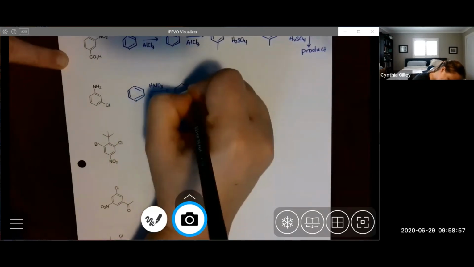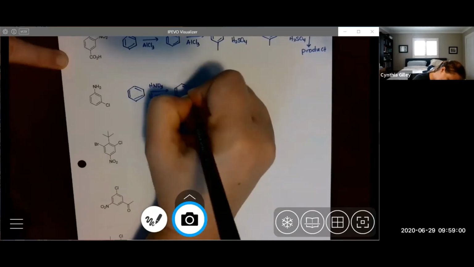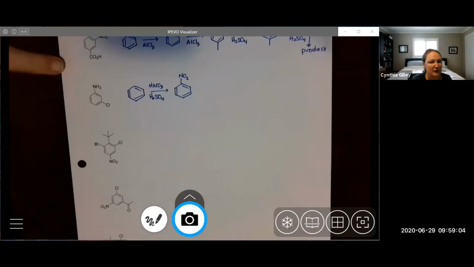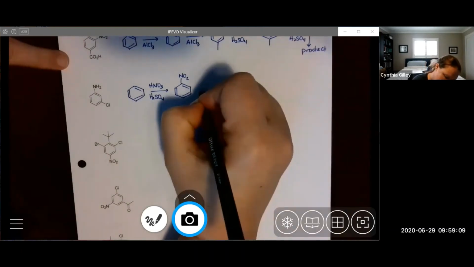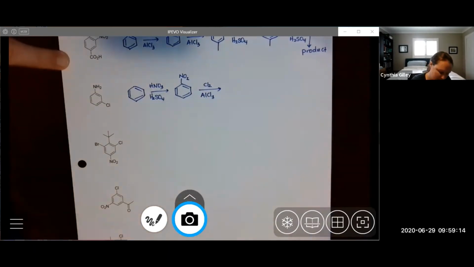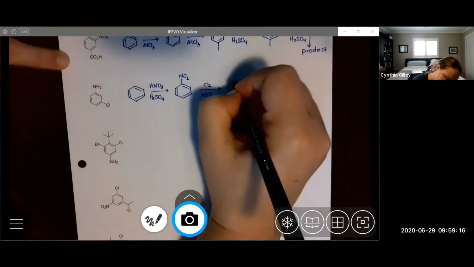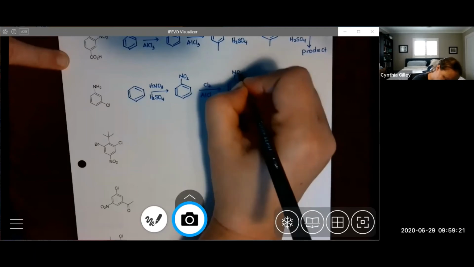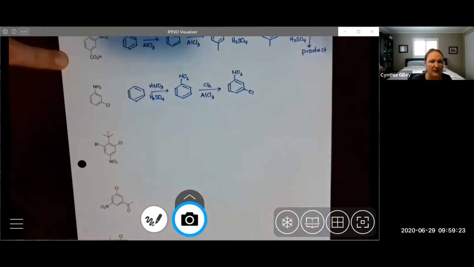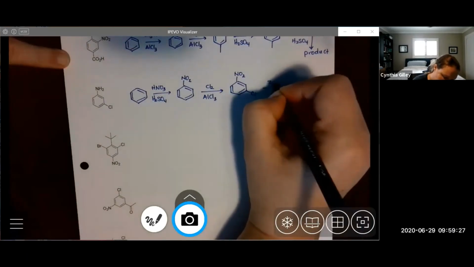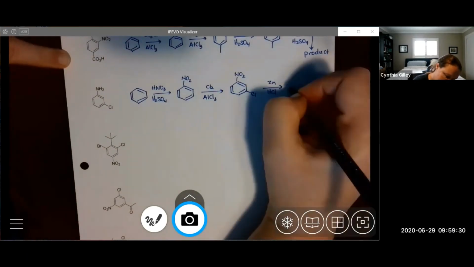That's introducing the nitro group, which is now a meta director. Remember, I can't do a Friedel-Crafts reaction on this, but I can still introduce a chlorine. No problem. That is not a Friedel-Crafts reaction. Again, the nitro group directs meta. I'm going to be directing a chlorine to the position that I want it. Now I just need to reduce the nitro group to